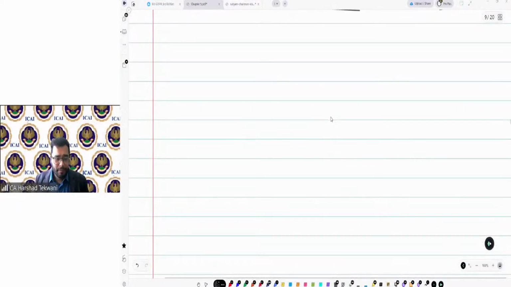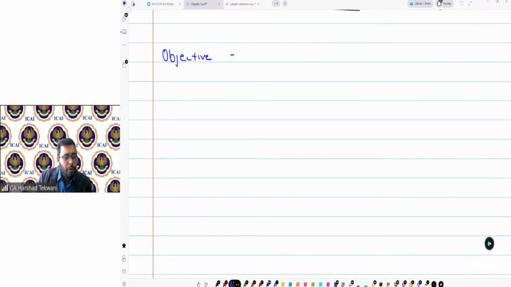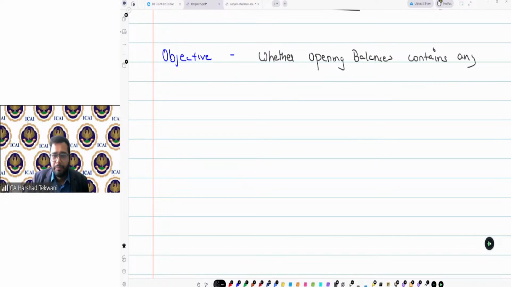As an auditor's objective, I need to check, one, whether the opening balance contains any misstatement that materially affects the current period's financial statement.